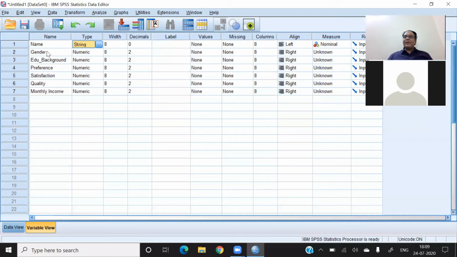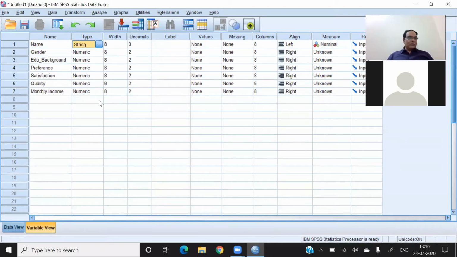Suppose you are having different income levels, less than 5 lakh, 5 to 10 lakh, 10 to 15 lakh, no problem. You say 1 represents less than 5 lakh, 2 represents second category, third represents third category. So we have to represent each and everything using the number, and number means numeric. So most of the variables you can see here are numeric, and I'm practically telling you 99% of the variables in SPSS should be in number.